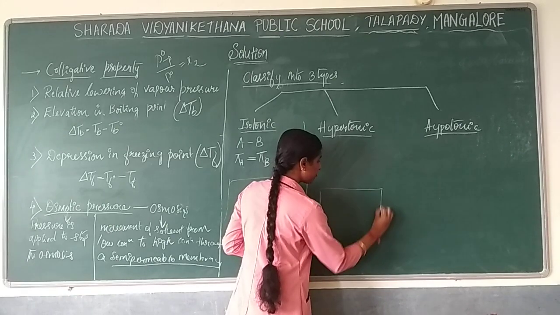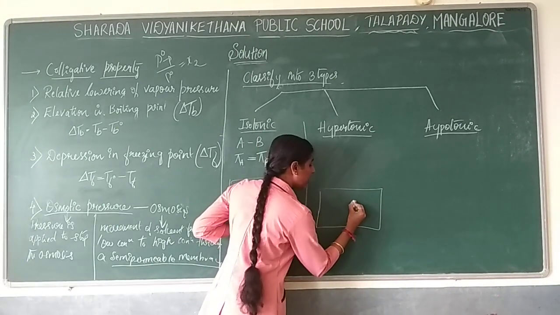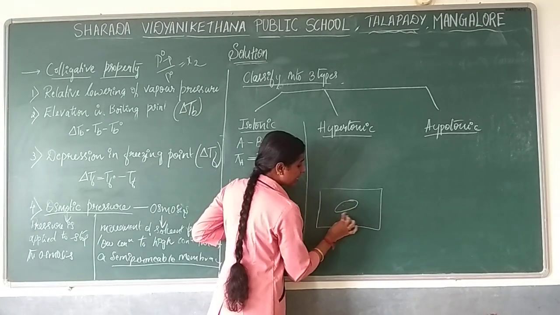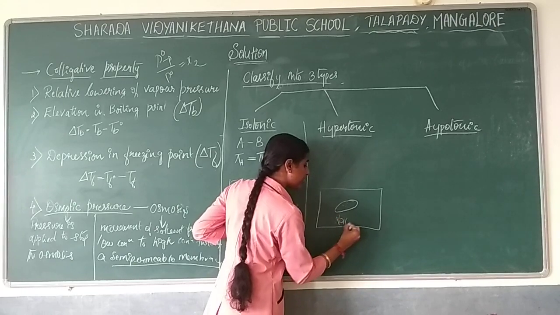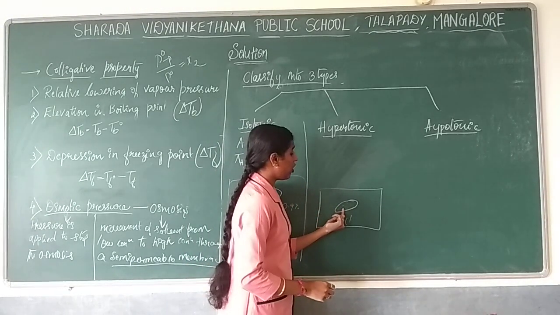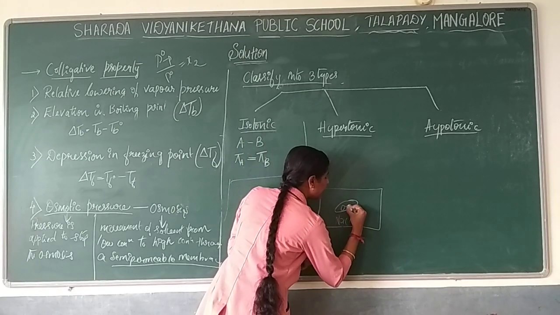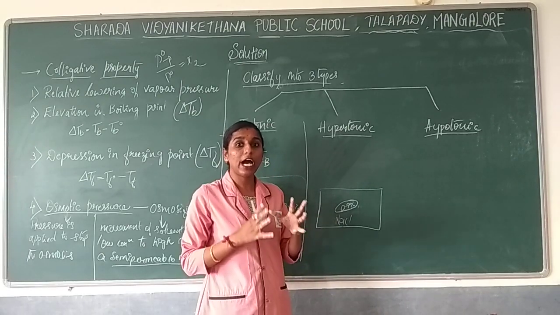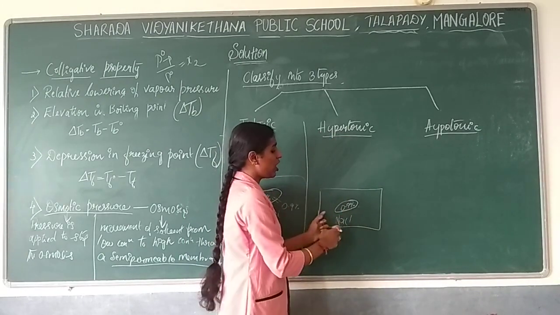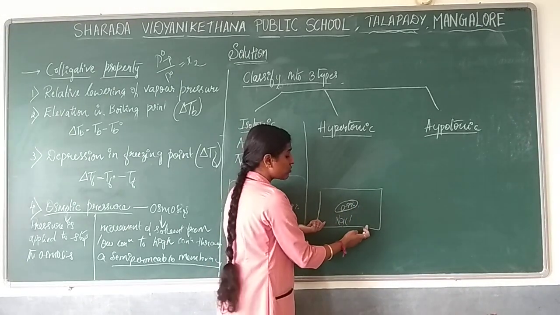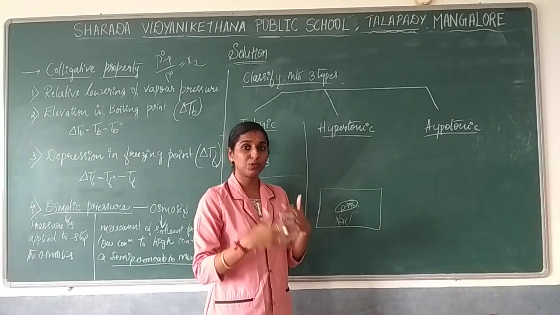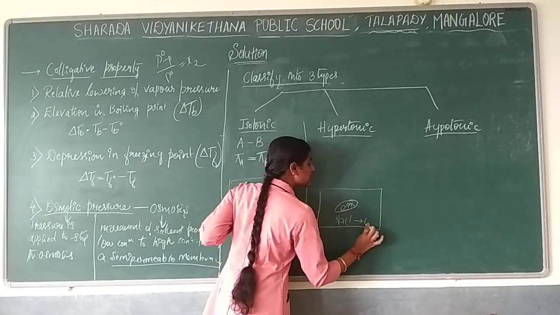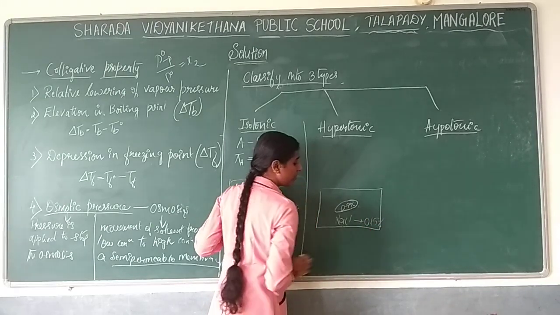Now you have a system in which a cell is present, with inside fluid, and outside you have NaCl, a saline solution. Consider the osmotic pressure of the inner cell is 0.9%, but the saline solution has a higher concentration. Hypertonic means one of the solutions should have higher concentration, in the sense osmotic pressure should be higher. So now this one has higher osmotic pressure. Just as one example, consider this has 0.15 osmotic pressure.